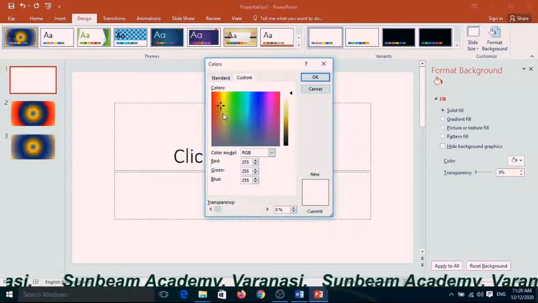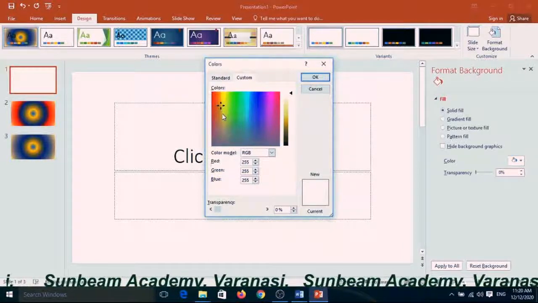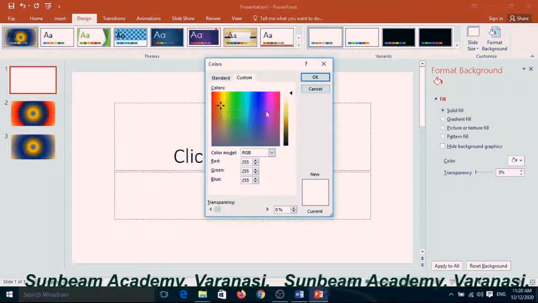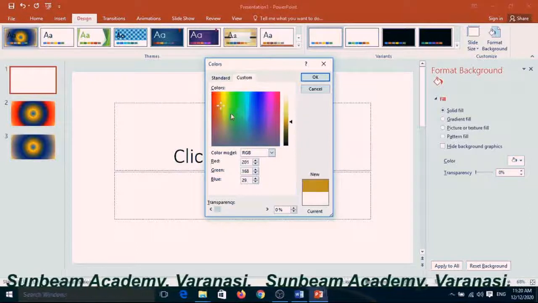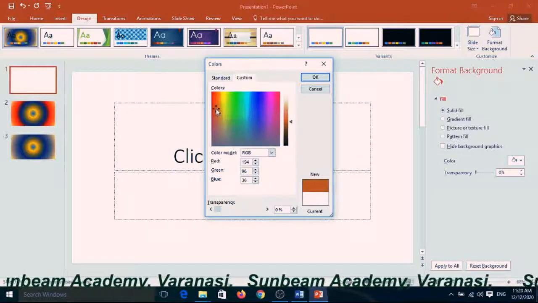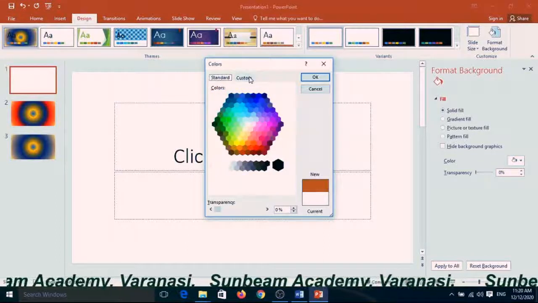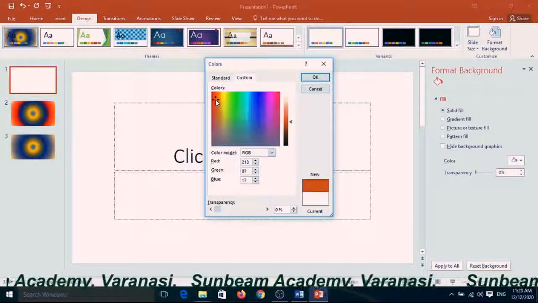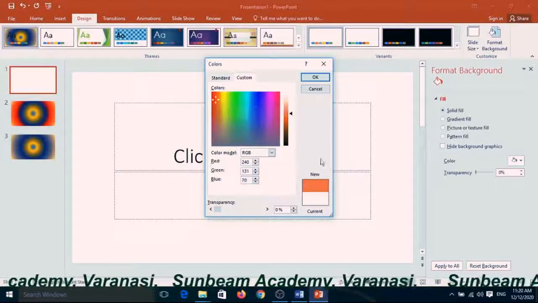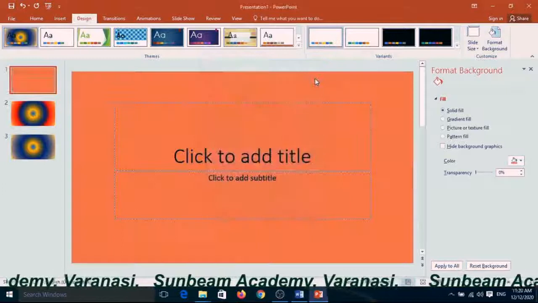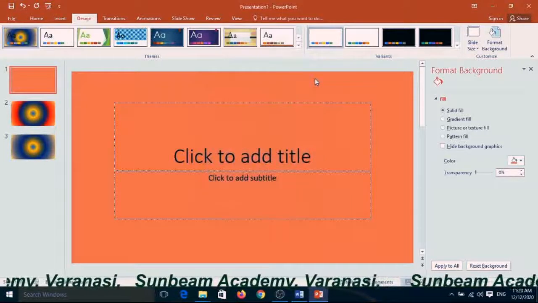You can make your own colors from here, like colors which are not in the standard colors. Suppose I want this color and click OK. Now see, that color has changed.